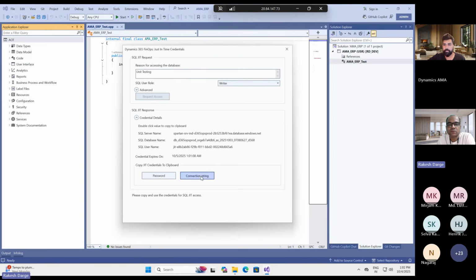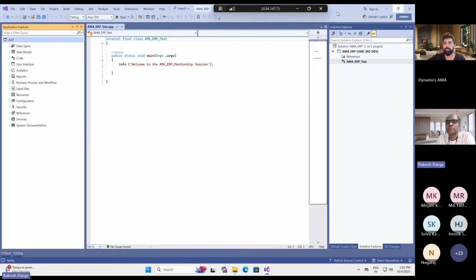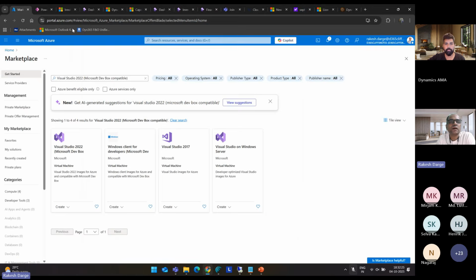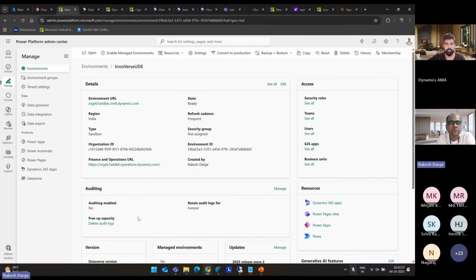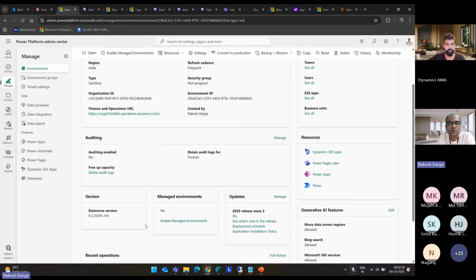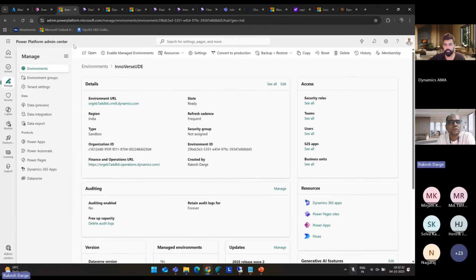So this is how you can copy the connection string to the clipboard and you can start connecting to Inferno. The point to be noticed is that earlier you used to have a local machine, a local SQL server, where you would just connect to the local DB. But here in this context, everything is running in cloud. You just use this connection string and you can connect to the database that you are working on as a developer. Okay. I'll just minimize this window and we'll go back and check anything that we missed or want to cover. I think we're pretty much done.